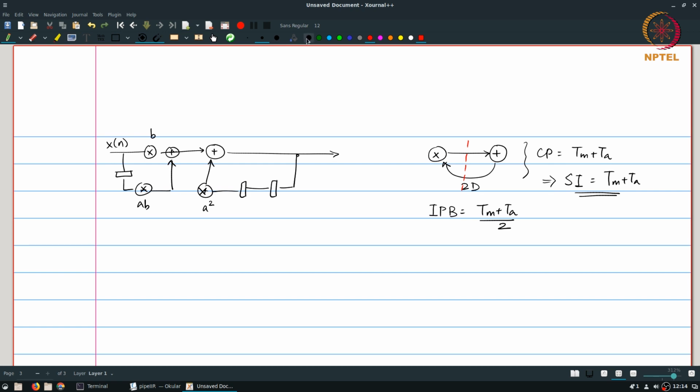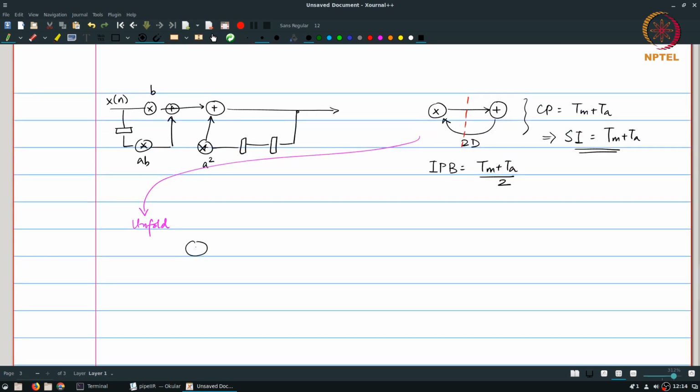The other alternative that I could do would actually be to do an unfolding transformation once again. And when I unfold this new graph, what I find is I have x0 feeding into plus 0. The output of plus 0 is going to be used by x2, which is the 2 delayed version, which is basically a 1 delayed version of x0. Similarly, x1 feeds into plus 1, and its output is going to be used by x3, which is a 1 delayed version of x1. So effectively what I have over here, in other words, is there are 2 graphs,